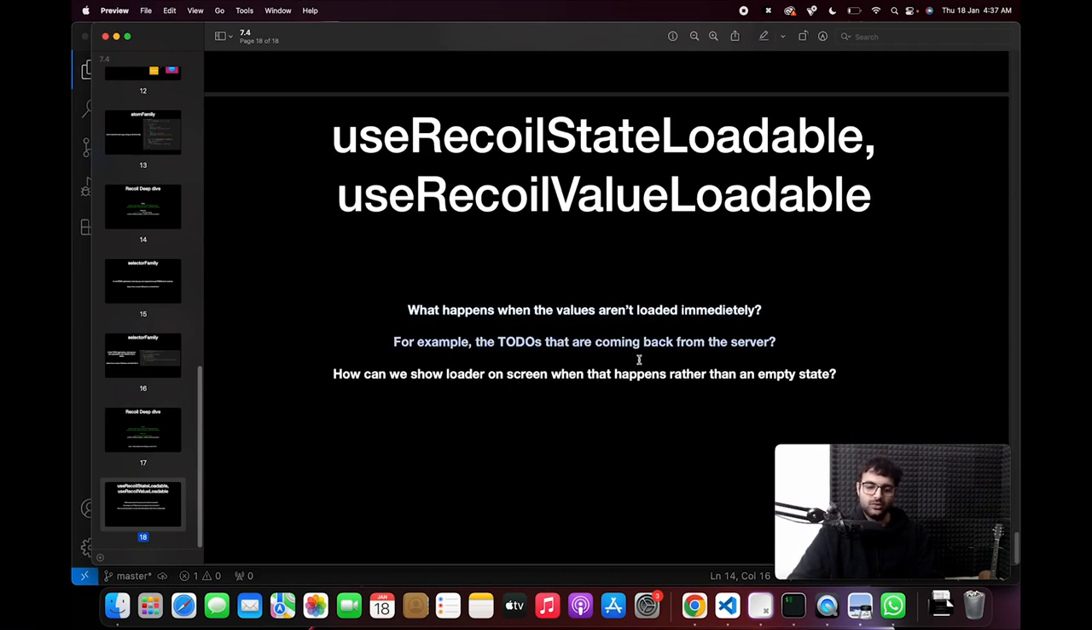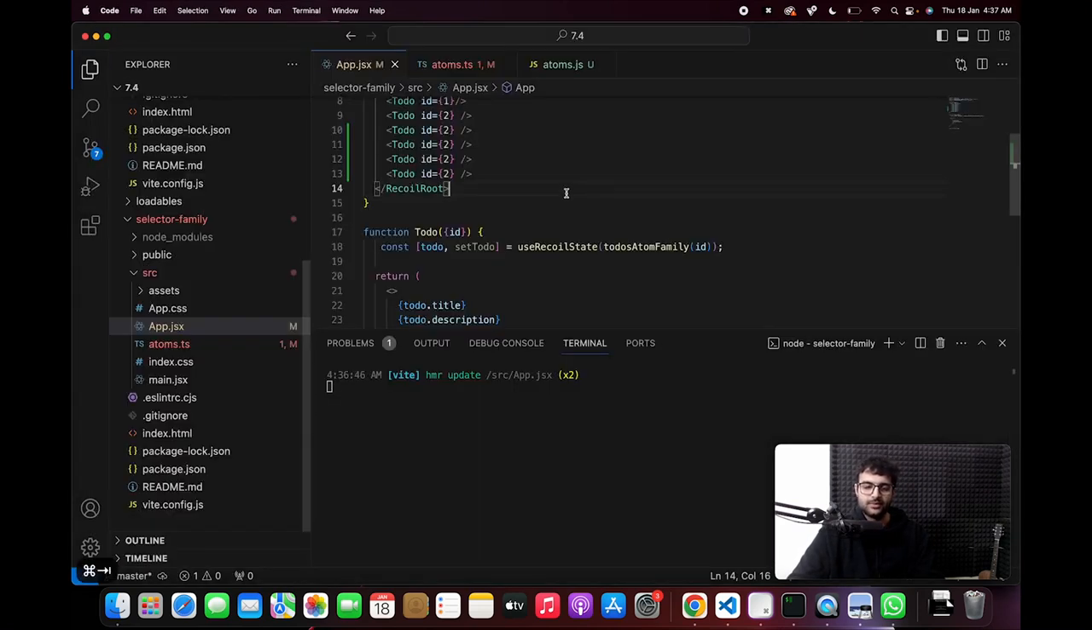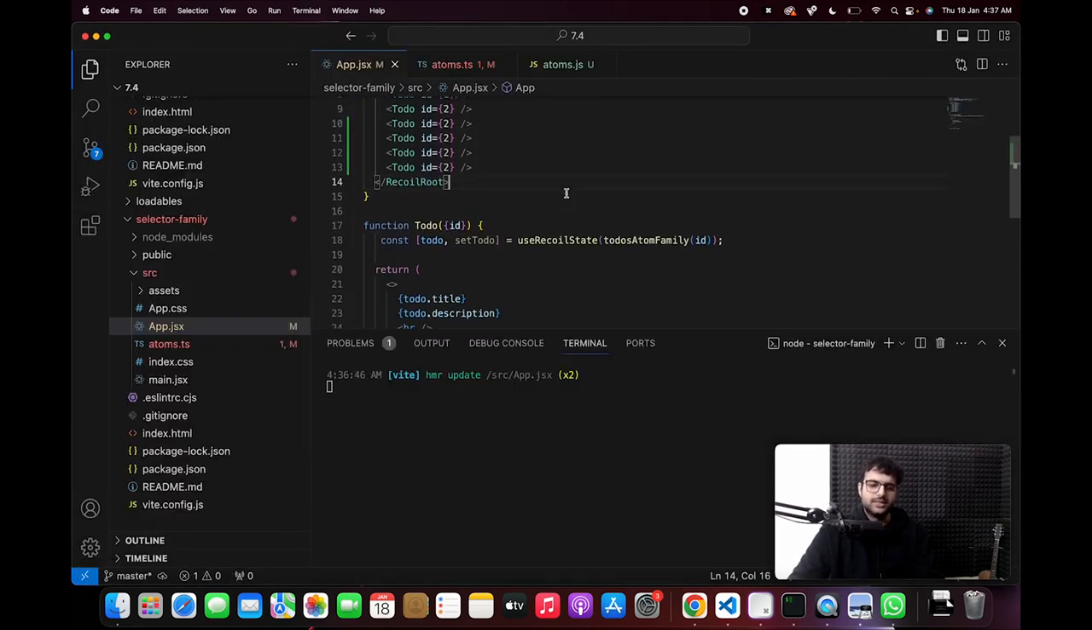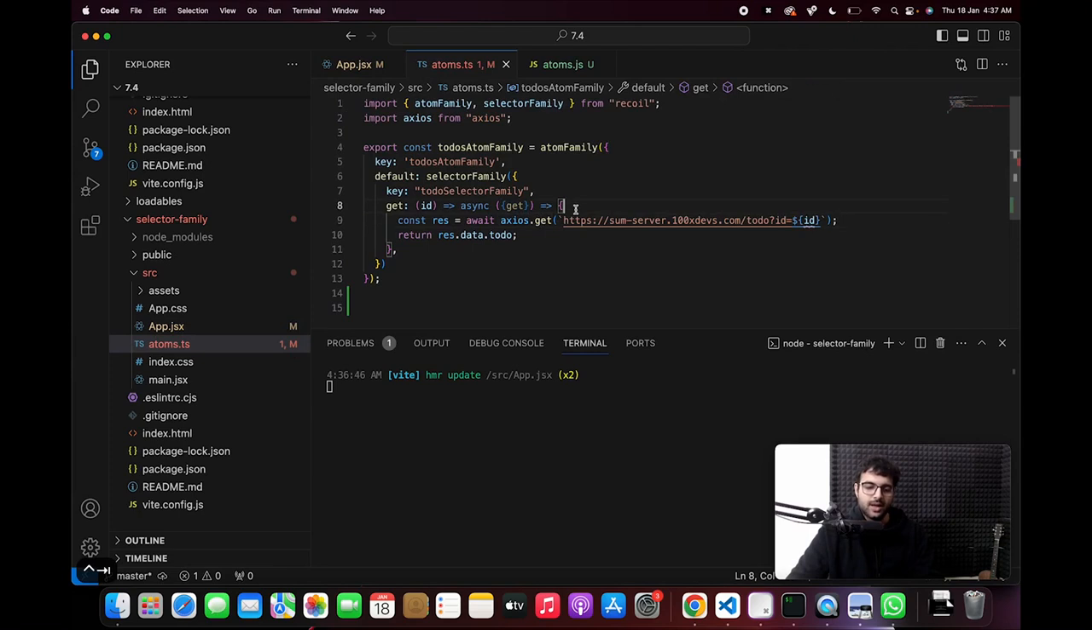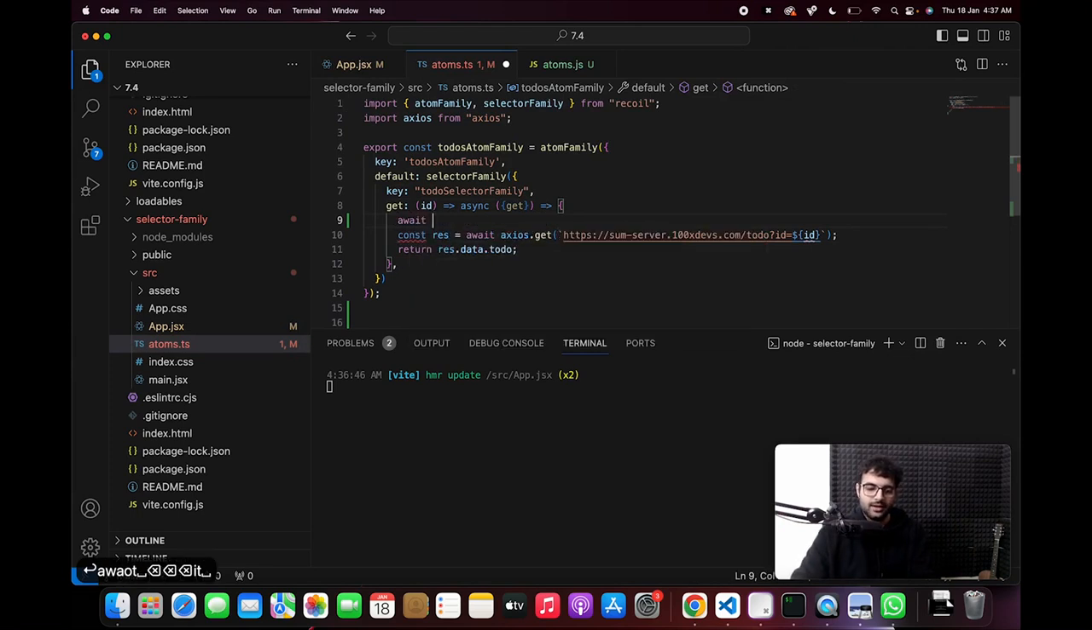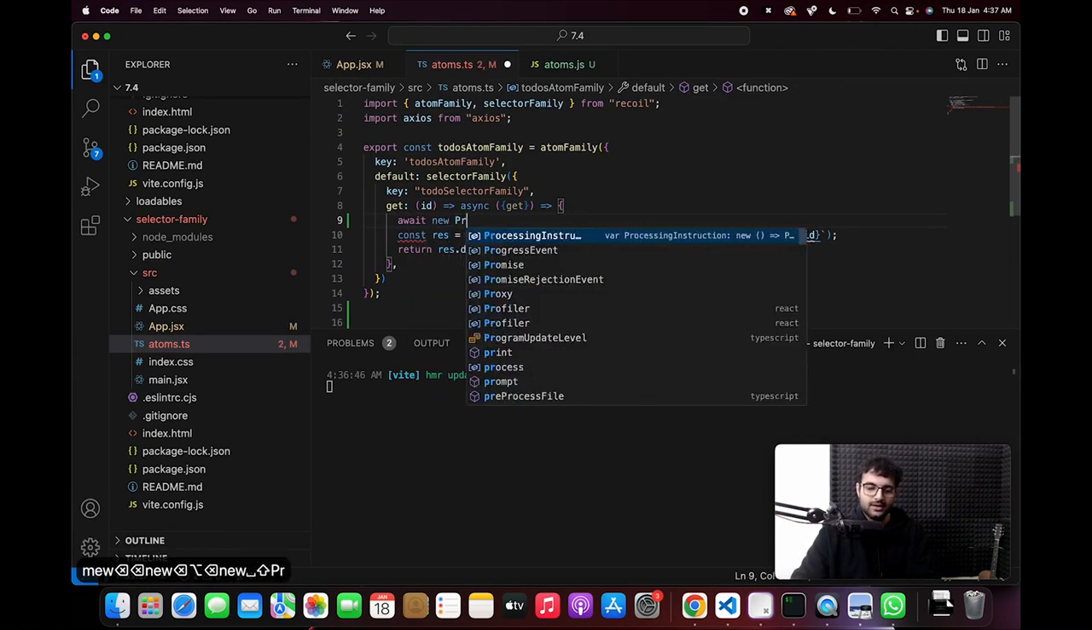For example, when the to-dos are coming back from the server, how can we show a loader on screen when that is happening rather than just showing an empty state? I showed you a few slides ago. Okay, if this asynchronous backend call takes a lot of time, the screen remains blank. You don't see anything. For example, if I add an artificial delay here,